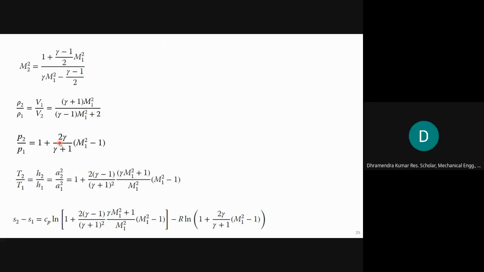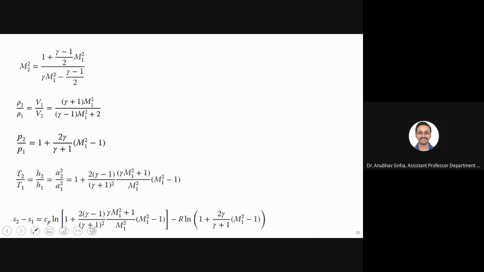Sir, does entropy depend on this Mach number and the property of the gas? Yes. So let us say that the properties of the gases are constant. Let us say gamma. I know what gas or what mixture of gases I have, so I know what my gamma is. And if I'm assuming a perfect gas, let us say gas properties remain constant, gamma remains constant.